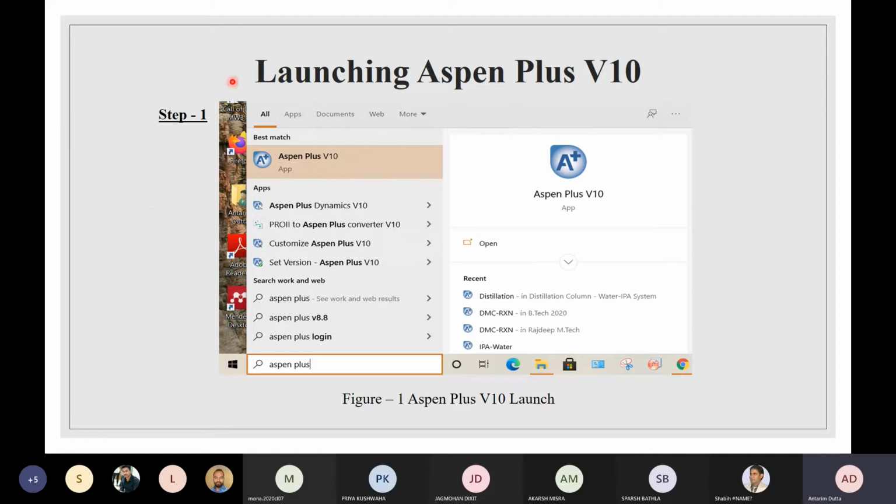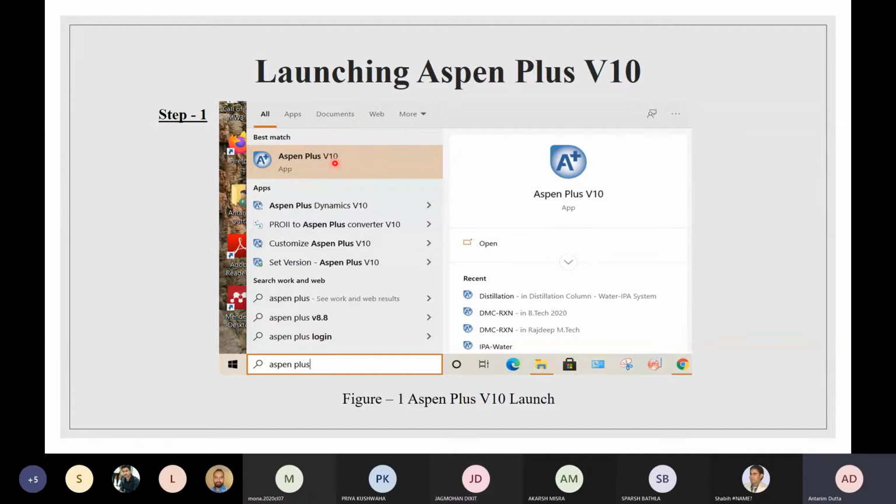Once your PC has restarted, go to your start button and the start search, search for Aspen Plus, and this particular option will appear in front of you. Just click on it, and the software will open for you.